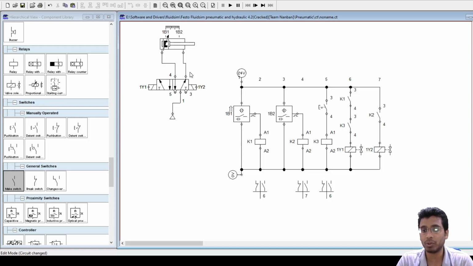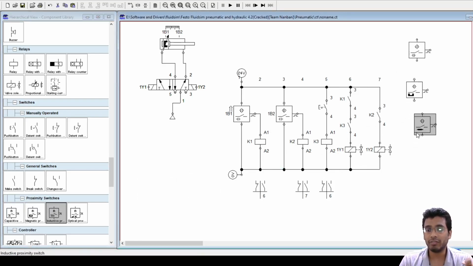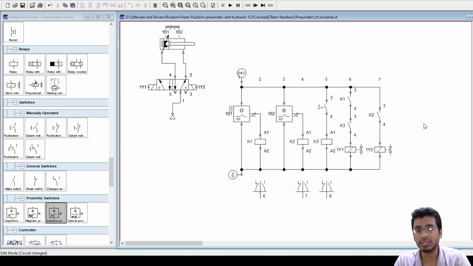If it is a magnetic type, because I told you sensors can be capacitive, magnetic, inductive, all these types. Suppose it is a magnetic one, and when your piston rod moves back, the moment it comes near that sensor, it would get actuated. So basically the proximity sensor is placed just at the top of the cylinder, at this exact location.